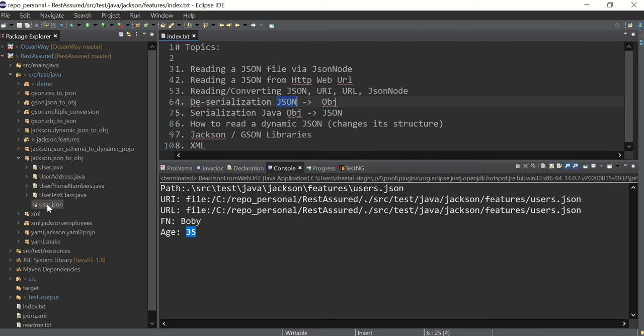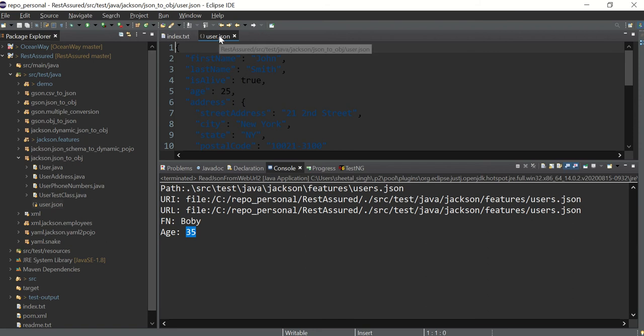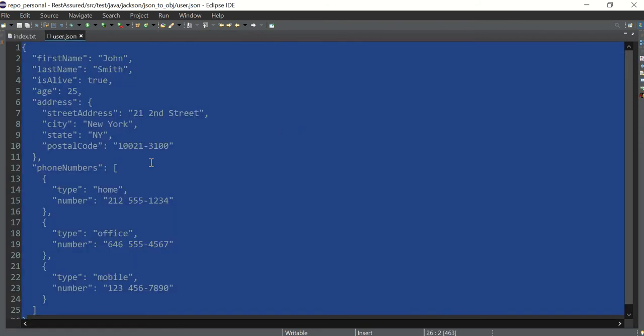For our example, I have taken this particular JSON. You can see there is a nested JSON, address. This is a nested JSON, and this is an array. Phone number is an array. Very important to understand: see these square brackets. Whenever square brackets come, it means this is an array, and every element of the array is a JSON, again a JSON. So it's a bit complicated JSON.